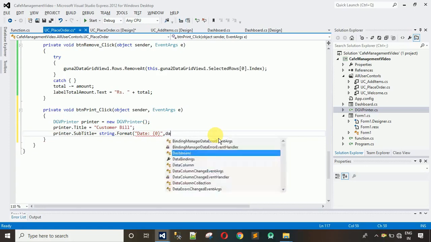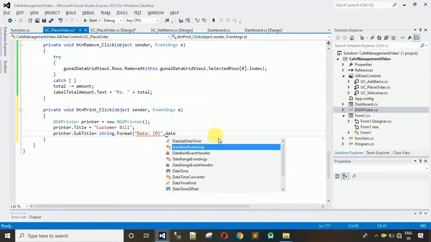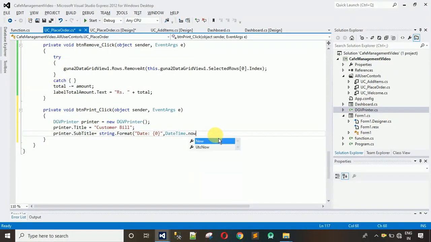Now you have to mention date time dot now dot date. When you mention this, after the title name you will find the date over there. Okay, after this what we have to do is set the